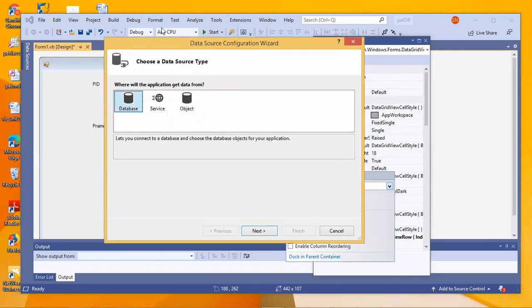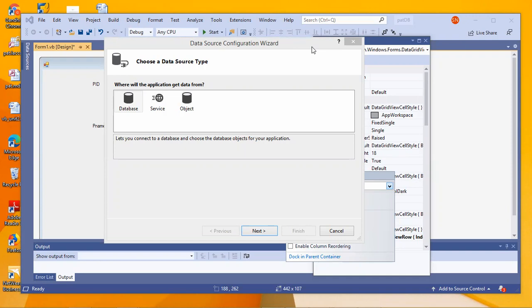Now in this, you need to go back to your theory and give me answers. How will you connect your backend database? In your .NET framework, which component is used for that purpose? ADO, exactly.